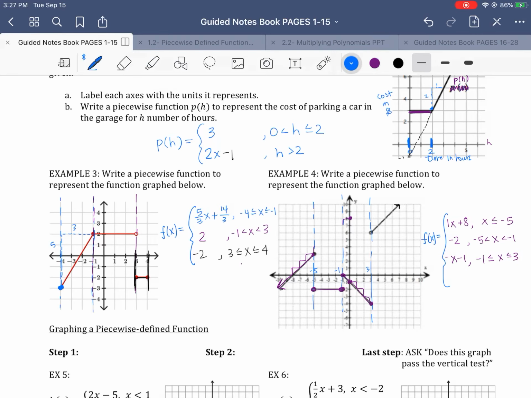Lastly, we would then look at this piece on the right-hand side. Notice it's an open circle and then it's going up. It also has a slope of 1 as it goes up. So we're going to say x. And then again, we want to continue it on to see where it would cross the y-axis. So it looks like if we continued it down, okay, terrible drawing, sorry. It's going to cross right here at 1, 2, 3. So we are going to say +3. And again, this piece of our function is on the right side, so I'm going to put an arrow that way, right? It's greater than +3. And that would be our